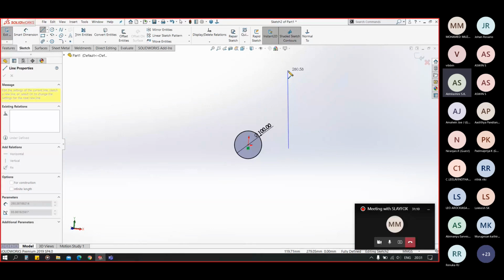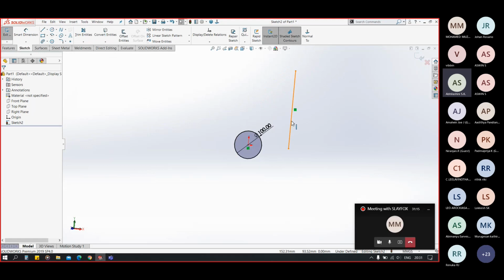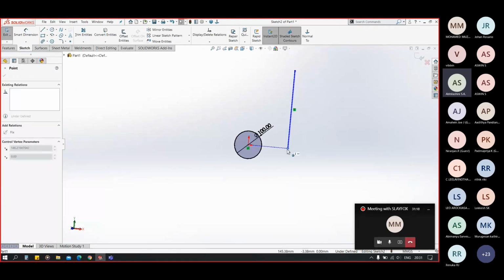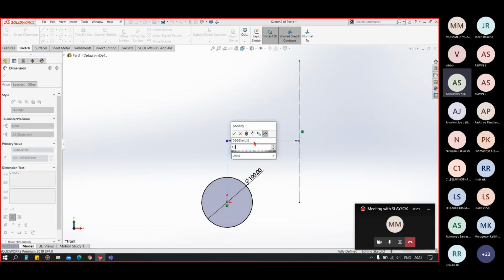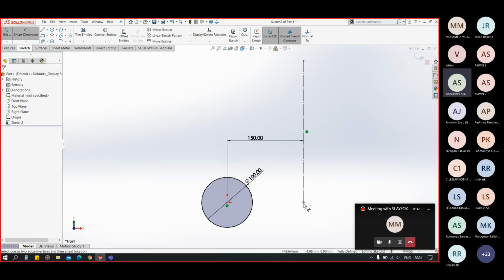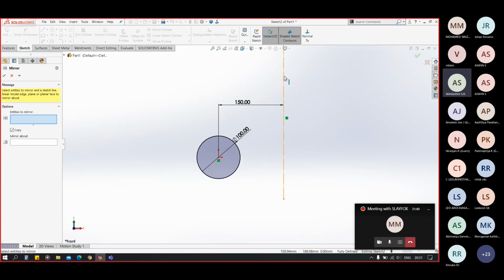Let's say I'm creating a reference line to mirror. Okay, I am making this line a construction line, and this line is at a distance of 150 mm from the origin. Now let's say I want to mirror this circle with respect to the dotted line. So you can see when I select the dotted line, you can see the preview in yellow color